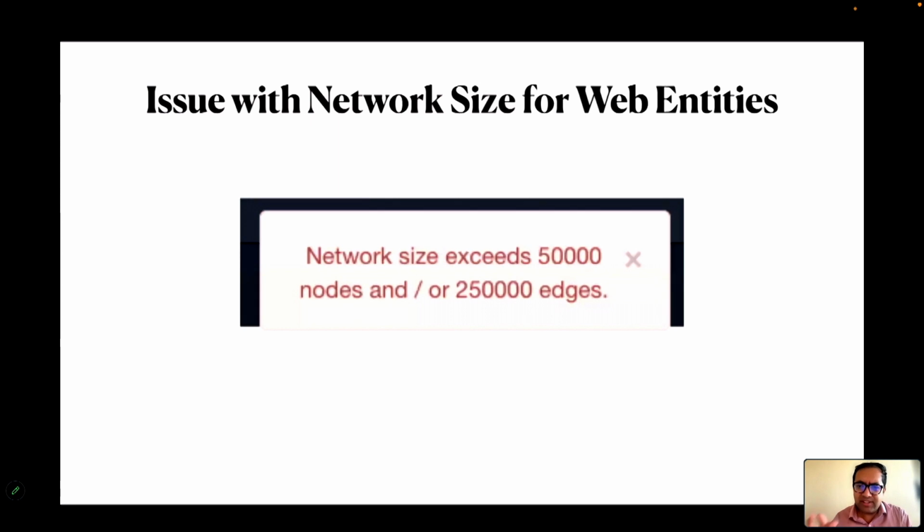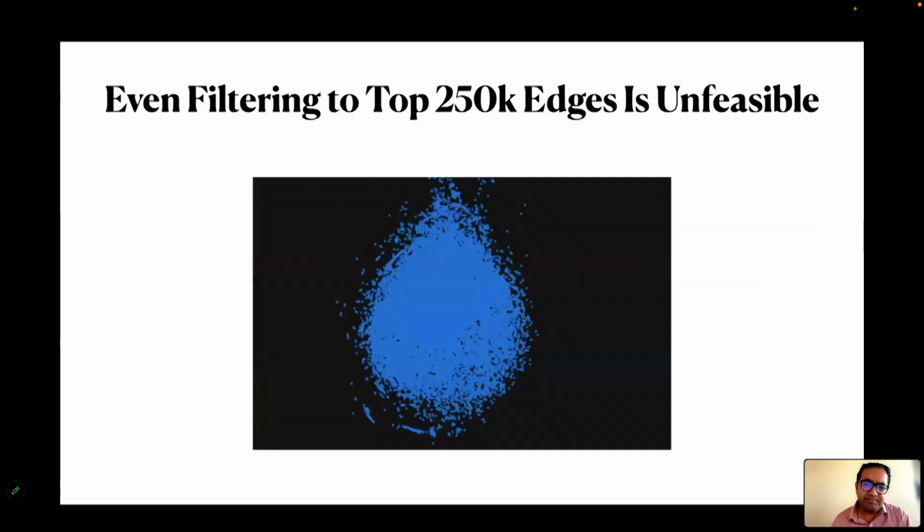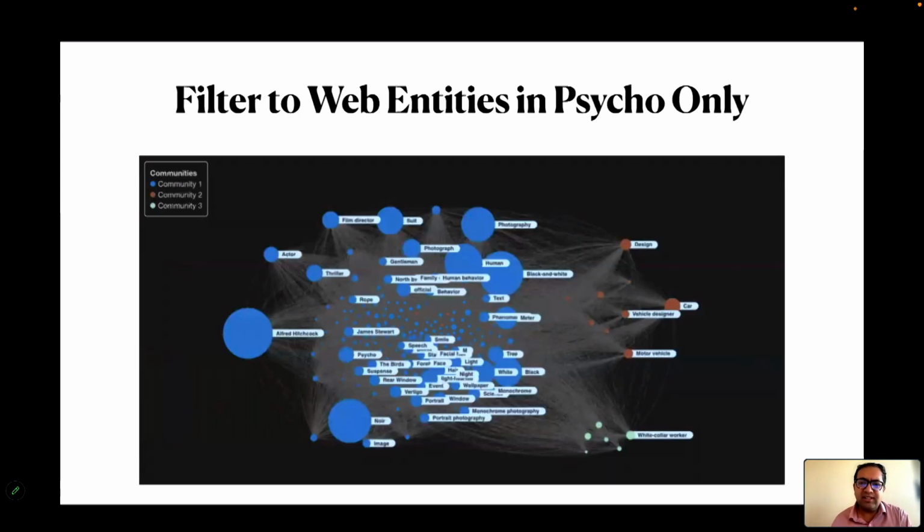There's a problem with the web entities. There's just so many of them. So I use a technique, even if you filter out to just one film like Psycho, you'll see that they don't really cluster to anything that useful. So Alfred Hitchcock is over on the left, and then you have all these things in the middle